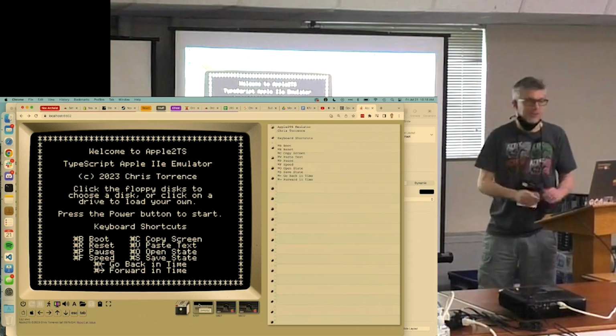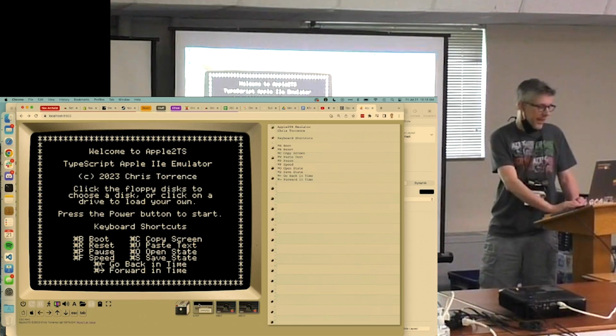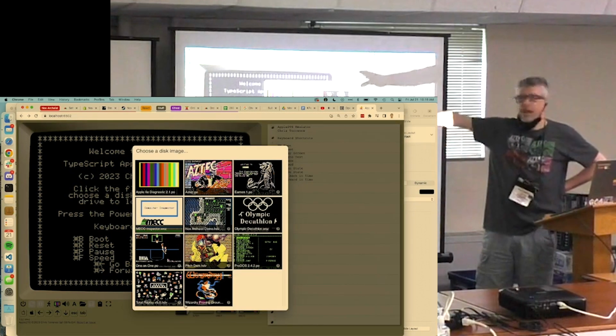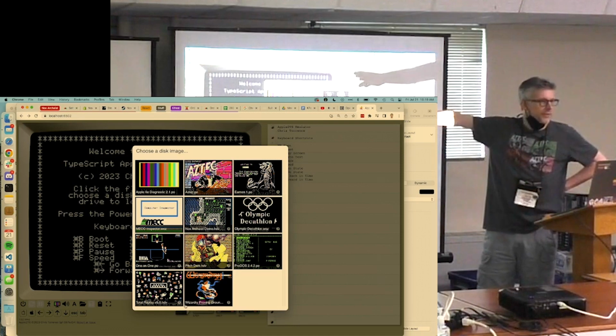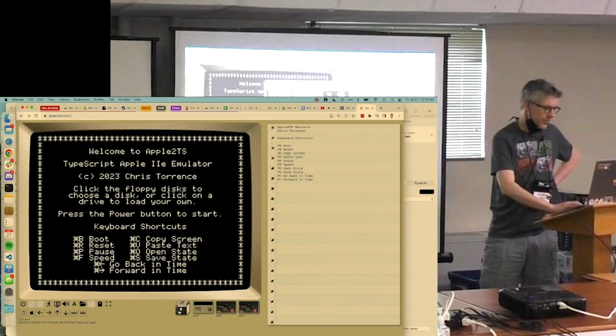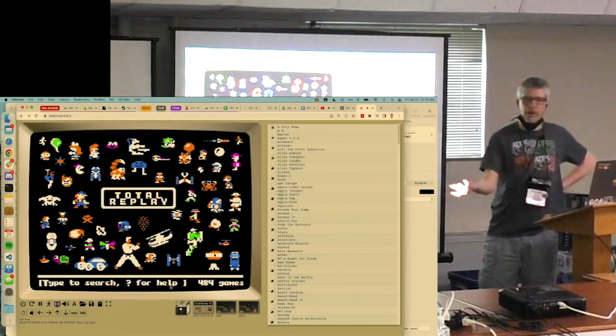There's no way for the user to change that. I have to go into my code. And then I've actually added a lot of pre-canned disk images. So if you click on the box of floppies there, it ships with all of these different games and utilities built in. If I click on Total Replay, it'll boot up, and boom,